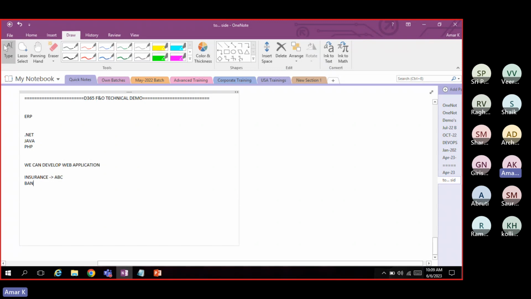Suppose it's a banking domain, again insurance for some XYZ company. All are different, and from scratch onwards I need to build. But what are the common things here? Insurance, banking, or medical domain. The common thing is that to start any business,